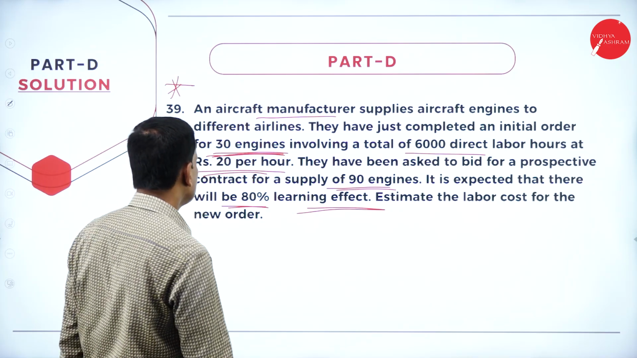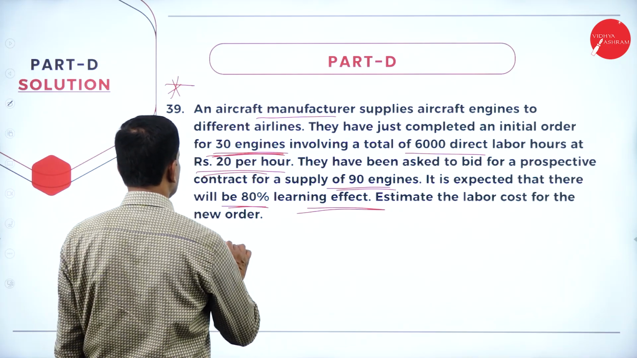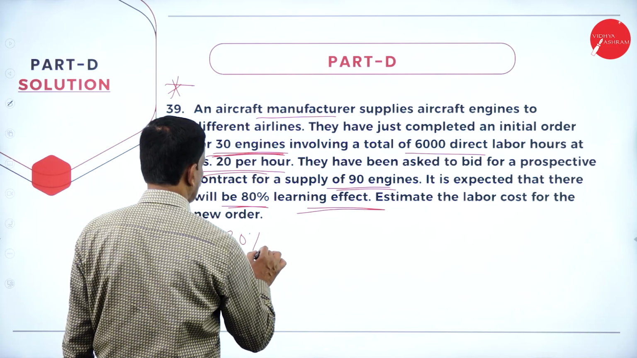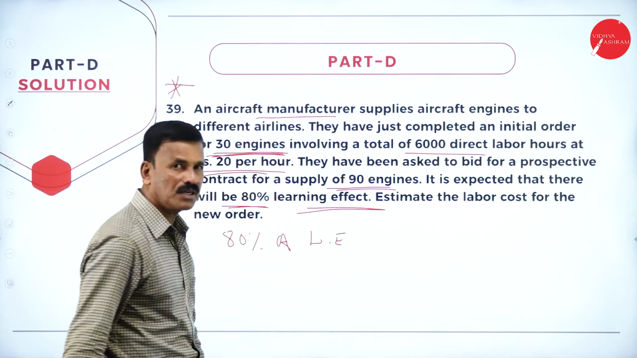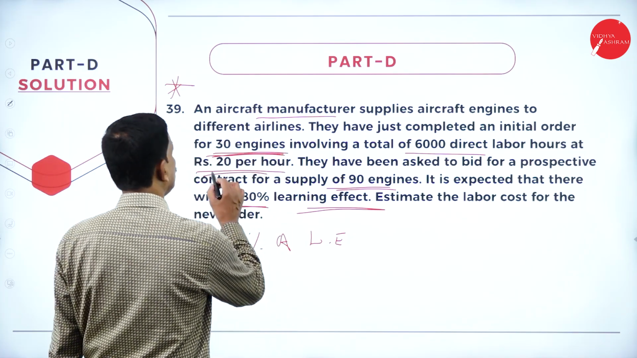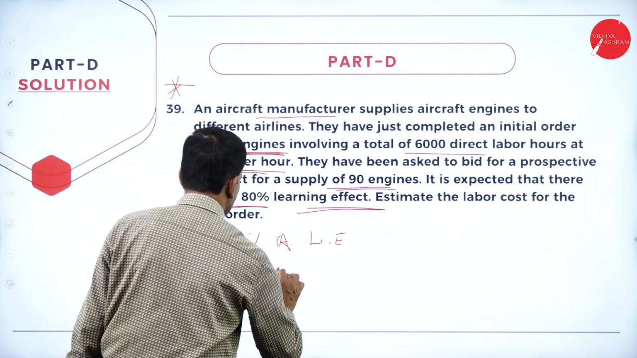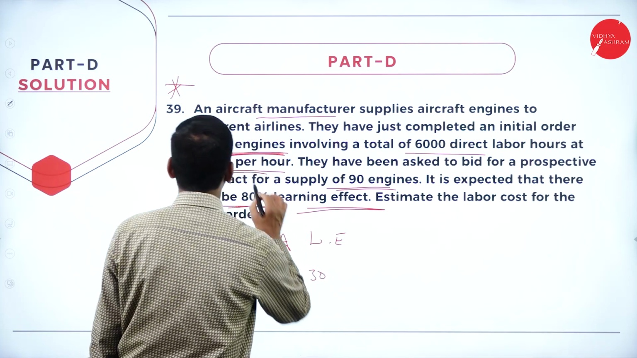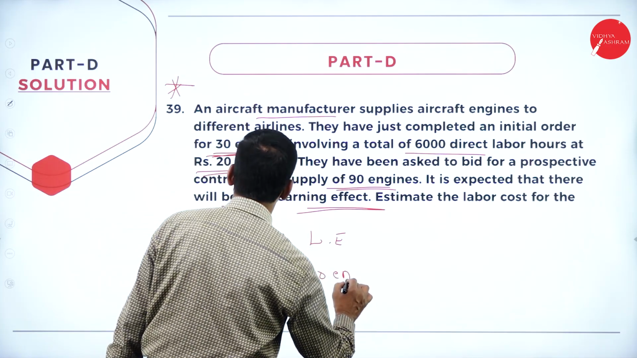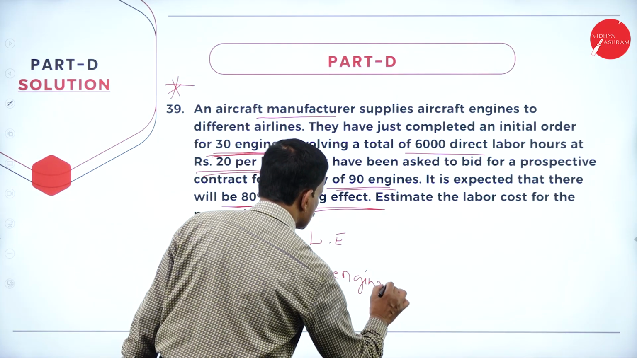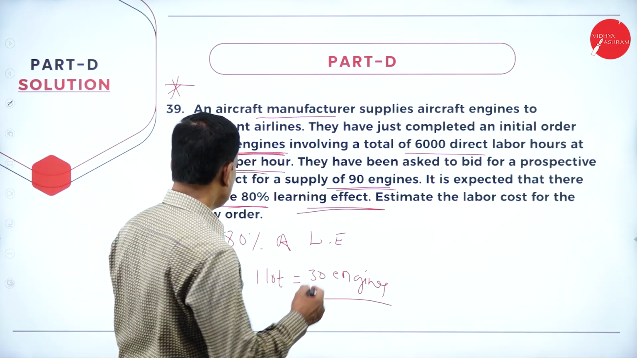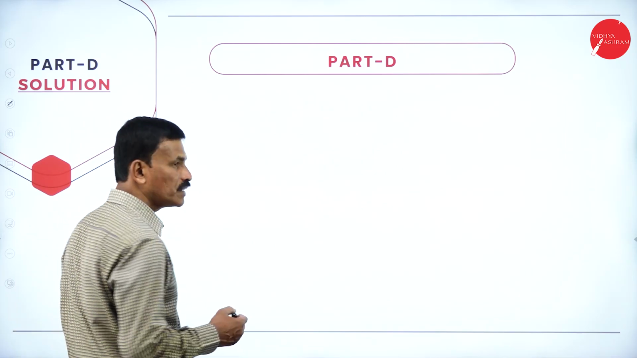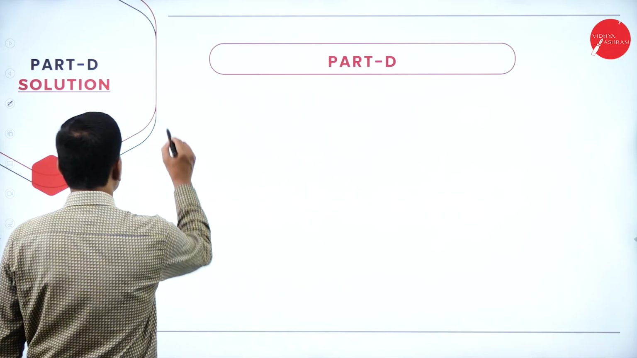Okay. Now, very simple problem. The effect given here is an 80% learning effect. So here, one lot is equal to 30 engines. Now let us put it in a table. So let me construct a table. So first, lot produced,